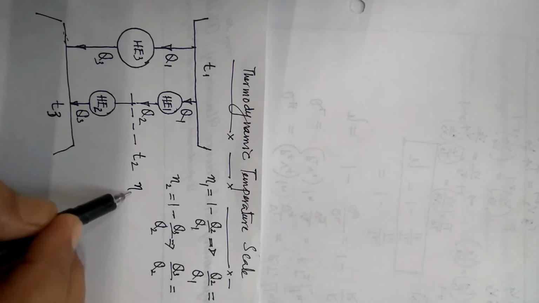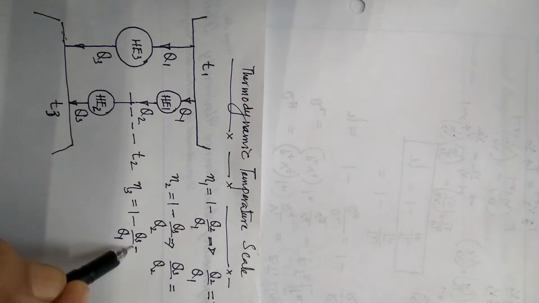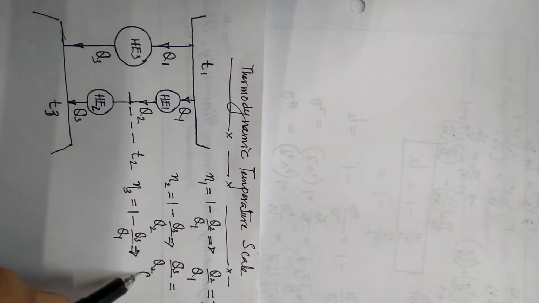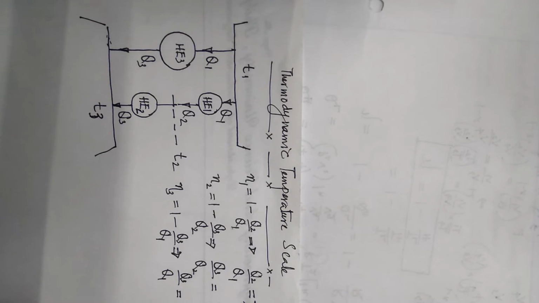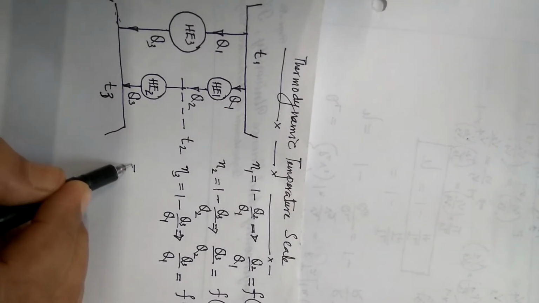Similarly, eta 3 is equal to 1 minus Q3 by Q1. So thereby Q3 by Q1 is f of T3 comma T1. So look at this, these quantities have been very carefully manipulated, okay, so that we can write that